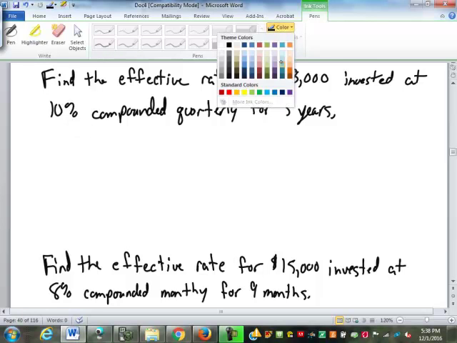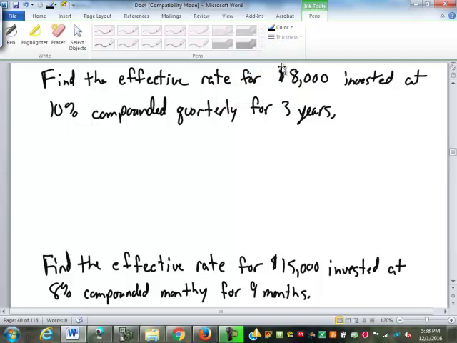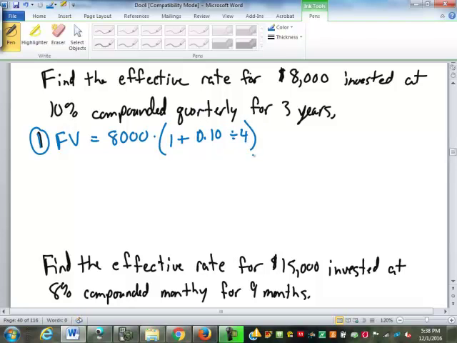Let's see how you're doing on these so far. So what's the first step when trying to find the effective rate for compound interest? First thing we need to find is future value. And we need to use that to find the amount of interest, right? Our future value here is going to be our principal of $8,000 times 1 plus what goes in here? 0.10, 10%, divided by what? Compounded quarterly, so divided by 4, to the power of,